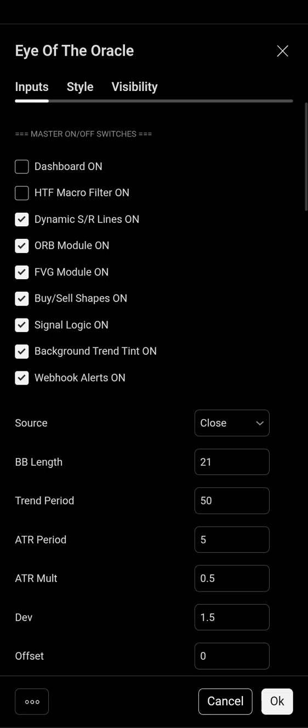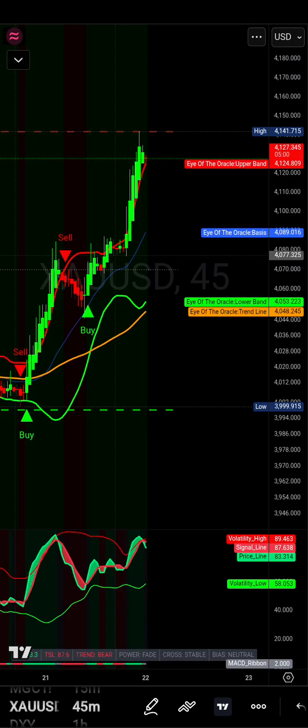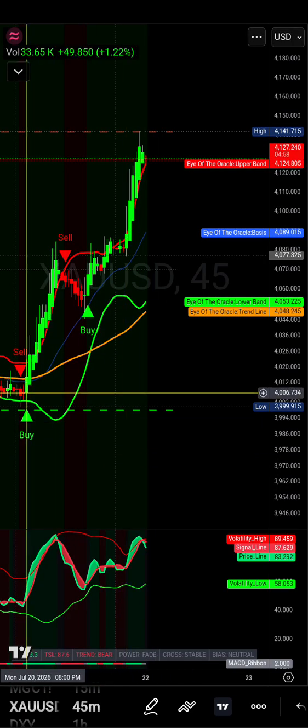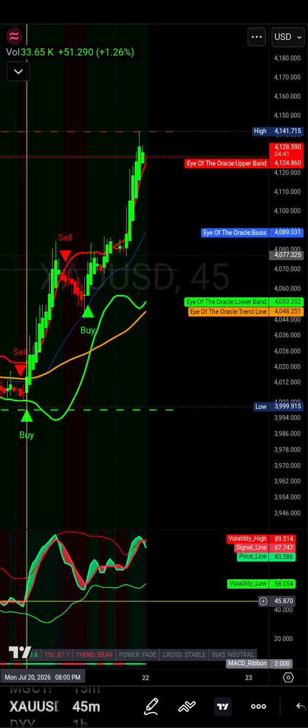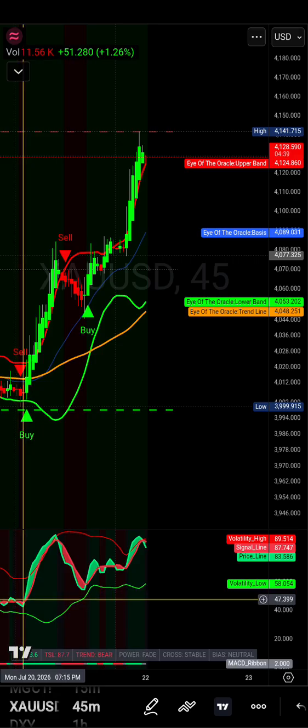So we turned the signals back on. All right, let's go and see what happened. So at 7:15, 8 p.m., you would have got a signal. We already knew it was going to change at 7:15. So knowing that at 7:15 it was going to change to a buying signal, we would have set an alert. We would have got an alert saying buy gold at 8 p.m., and we would also have got an alert saying gold has crossed for buying pressure from the other indicator. That's two signals coming to your phone.